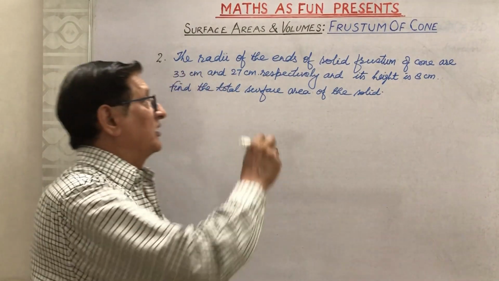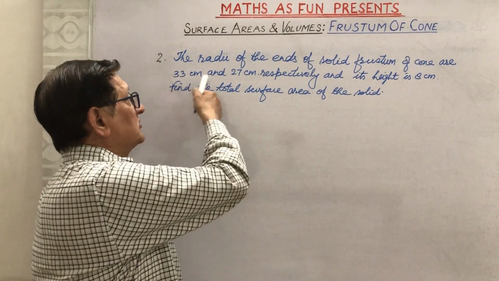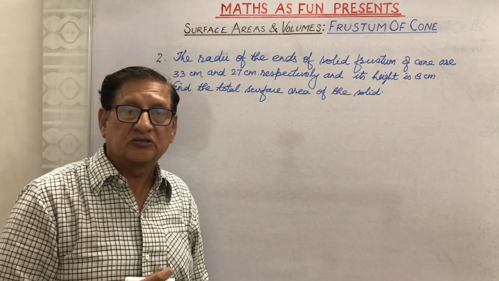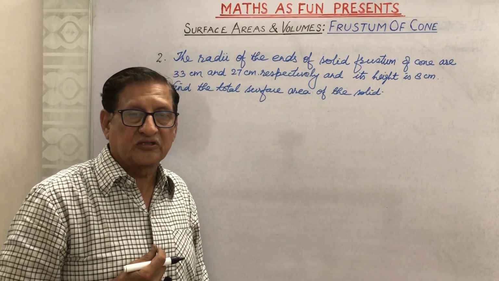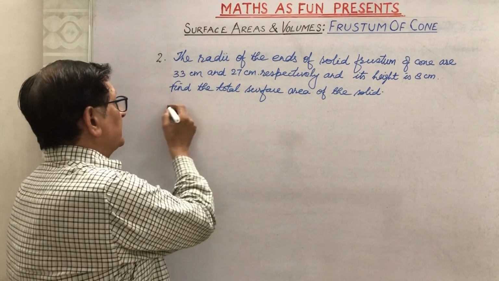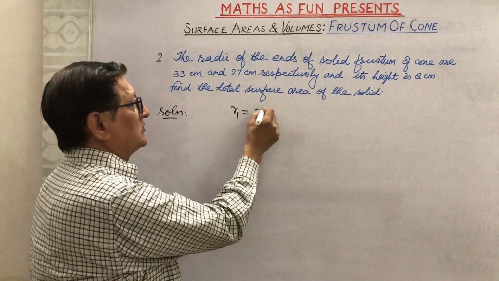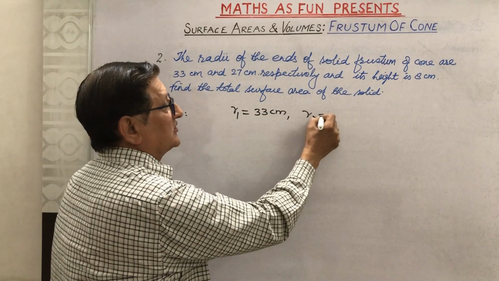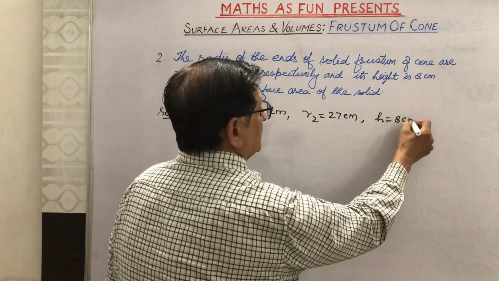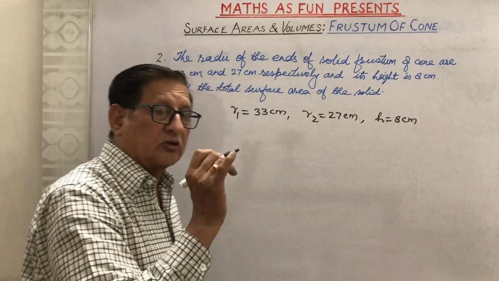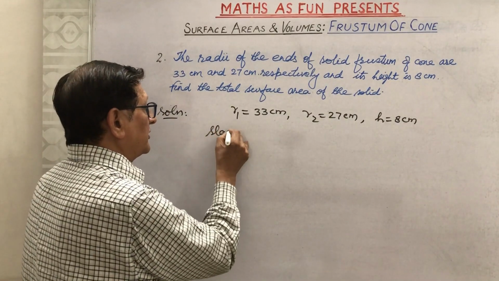The next example we have: the radii of the ends of a solid frustum of a cone are 33 centimeters and 27 centimeters respectively, and its height is 8 centimeters. Find its total surface area. What is given here for the solution? We see we have been given the radius R1 is 33 centimeters, R2 is 27 centimeters, and the height has been given as 8 centimeters. To find the total surface area, first of all, we have to find its slant height. So we can write slant height